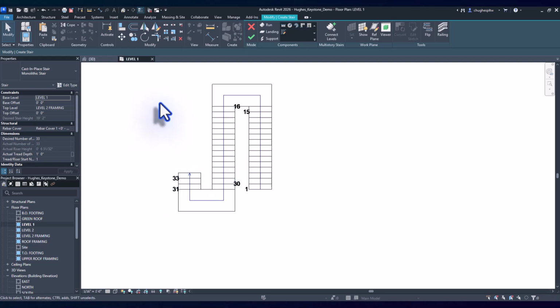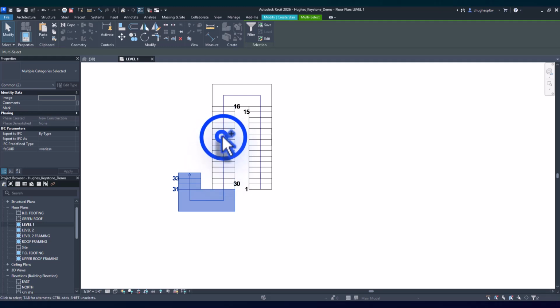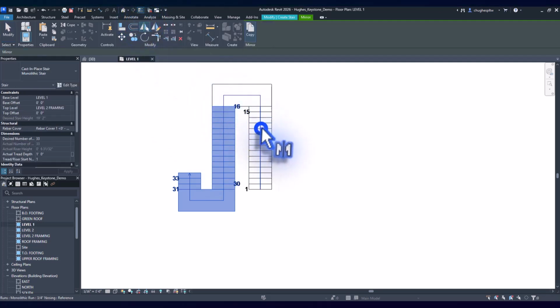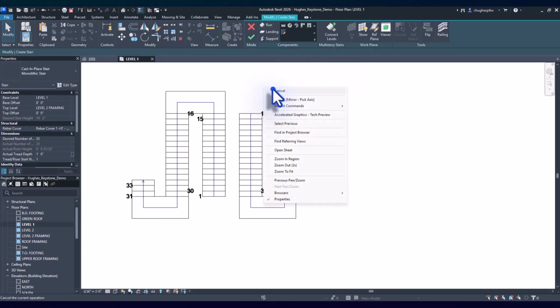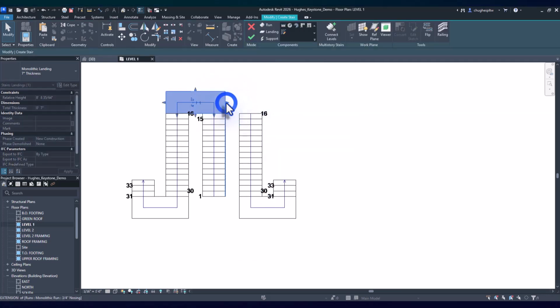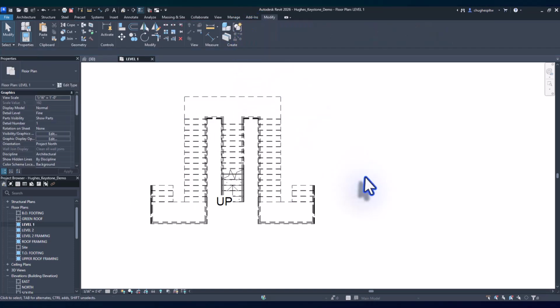The other thing that I can do is select this stair. I'm going to hold control, the landing, this stair. I'm going to mirror pick axis, choose this middle line, and then the only thing I would need to adjust here would be the landing. So I can just select it, grab it over by a component, and that way it goes all the way to both. Green check mark. If I go to my 3D view,